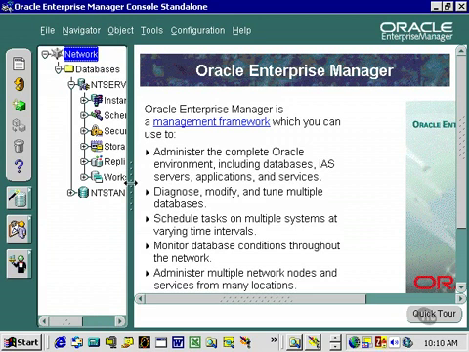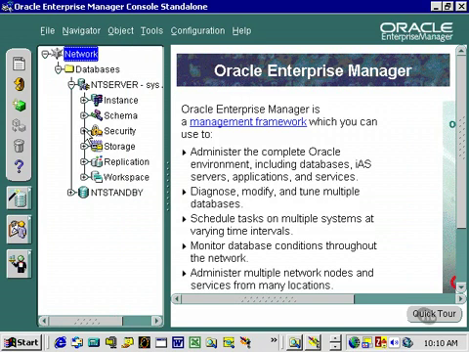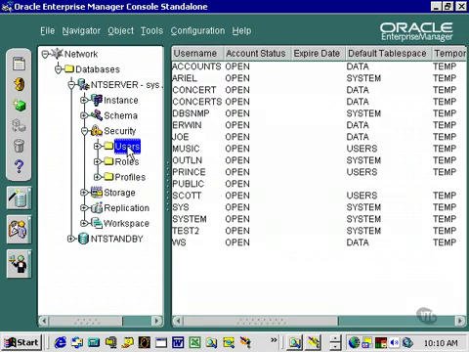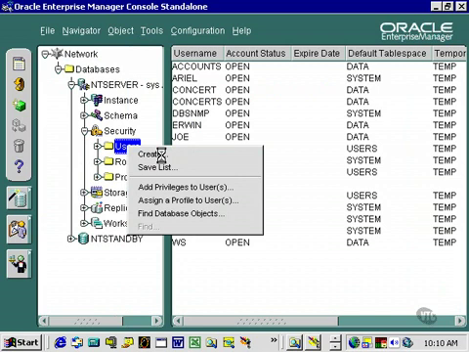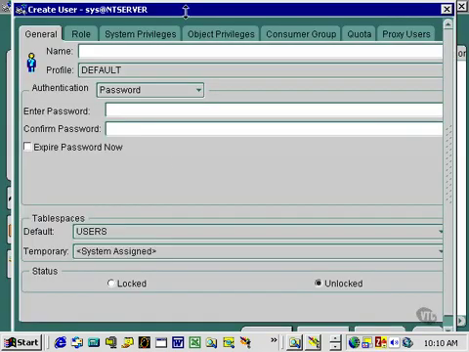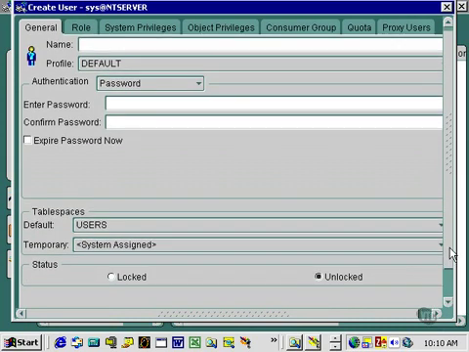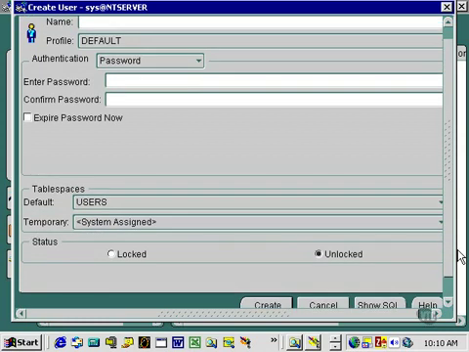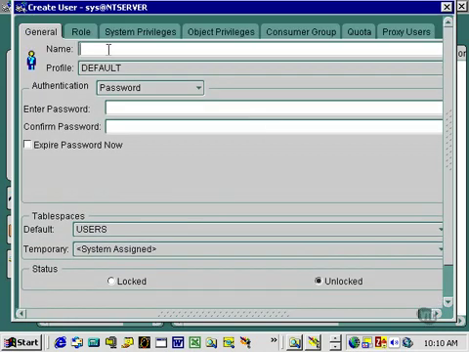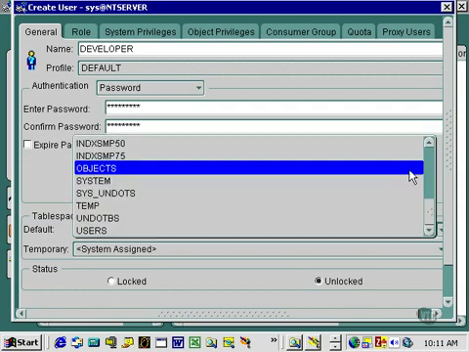Now let's move this across a little so we can see, and we're going to go and create a user in security. So we'll create a new user. Let's resize this a little so we can see. So let's create a user called developer. Profile, there will be no profile. Password authentication, we'll just give him password. Developer, same as his username. The default table space will be